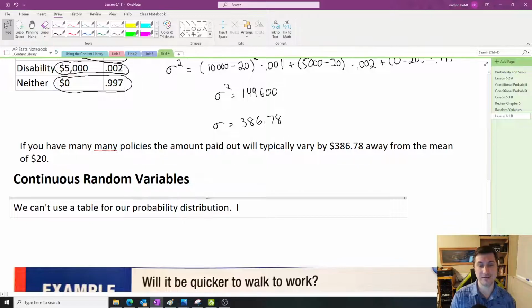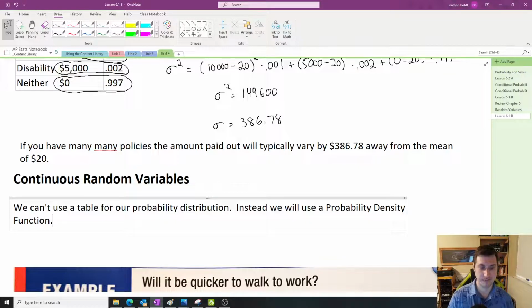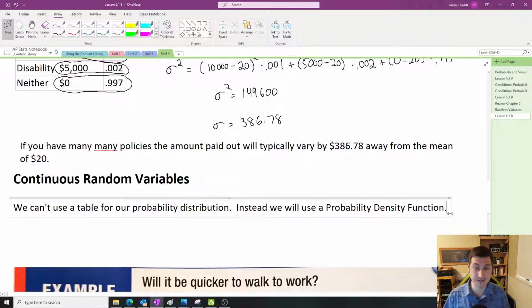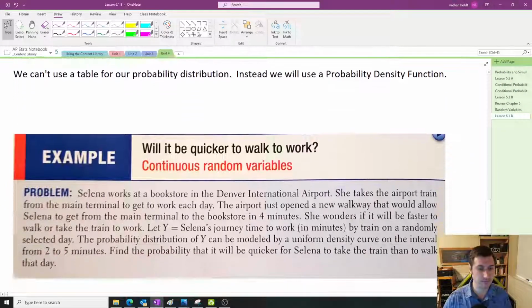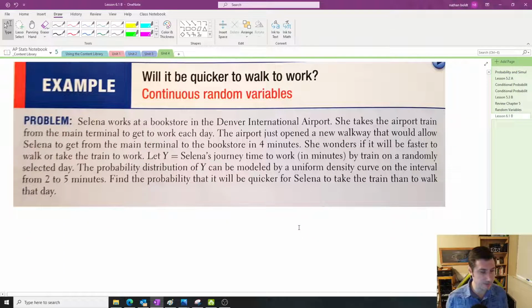So instead, we will use a probability density function. Now that should sound a little familiar to you. We've done probability density functions before. That's what the normal model is. The normal model is a probability density function, which is why this is not going to be that hard. We've done this, okay? I think we've actually done this exact problem before, but now we're doing it in the